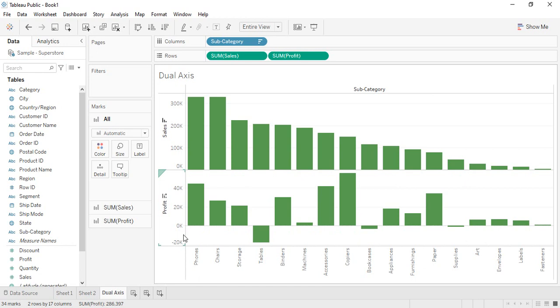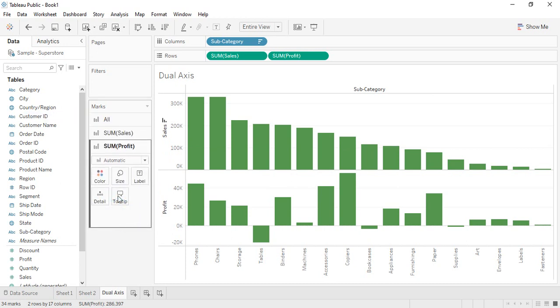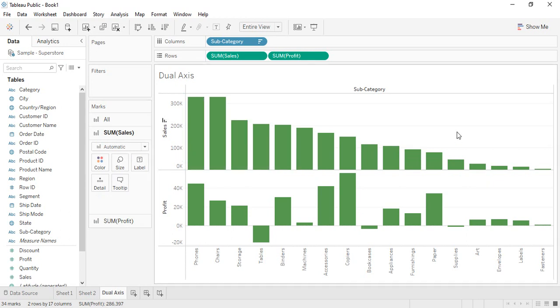Why is it called a dual chart? Because two different parameters are being shown on the axis, while the same parameter, the subcategory, is shown on the line. Okay, now how can we combine these two? First of all, we don't need them to be cluttered, because if we just combine these two, sales and profits would be cluttered with one another. So how can we proceed with it? If you take a look at this, this is how the marks pane has changed now. Now we are getting one card for the sales and one for the profit. That means whatever changes you make in this particular card would be applied to this profit chart, and those you make in the sales card would be applied to this sales chart.